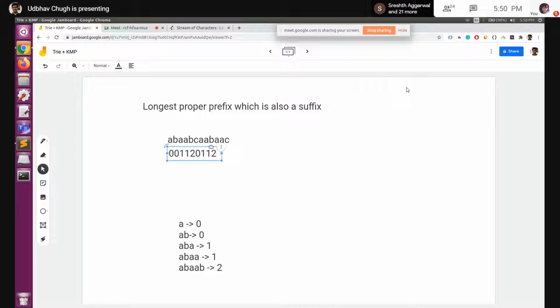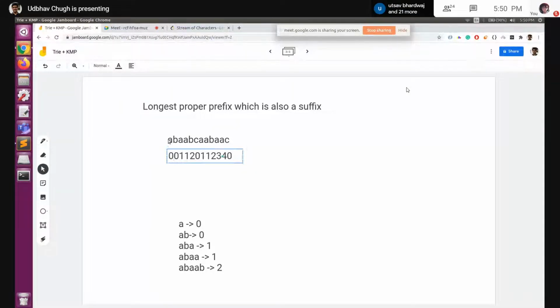Now when we consider till this point, you can see that ABA is present as a prefix, so here it will go to 3. Then 4, because ABAA is a suffix and it is also a prefix, and then 0. So are these values clear?